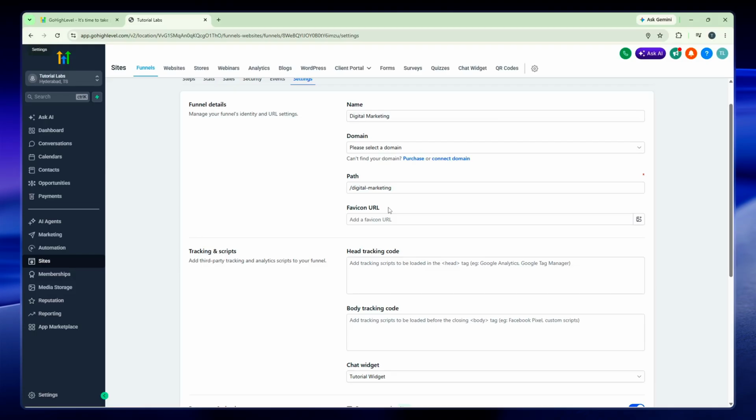Directly beneath the favicon URL label, you'll find an empty text field. This is where you'll input the URL of your favicon image. Click into this field and paste or type the complete URL of your favicon file. Make sure the URL is correct and points to a valid image file, typically an ICO, PNG, or SVG format